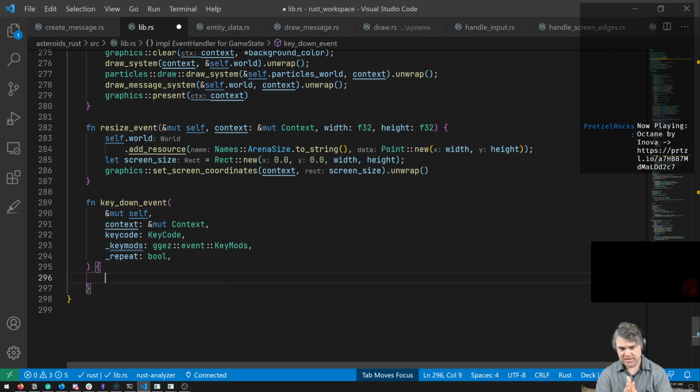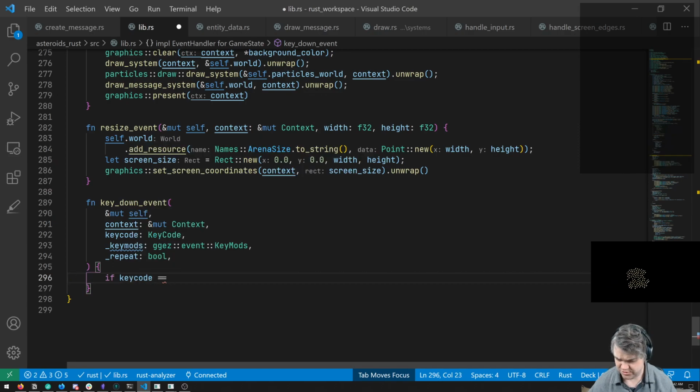But what I can do here is say, okay, if you're the enter key, well, right now let's just log out if you're the enter key. So if the key code is equal to, I don't know, enter, return.